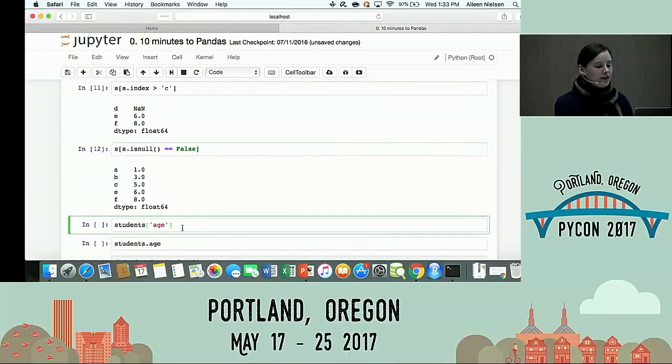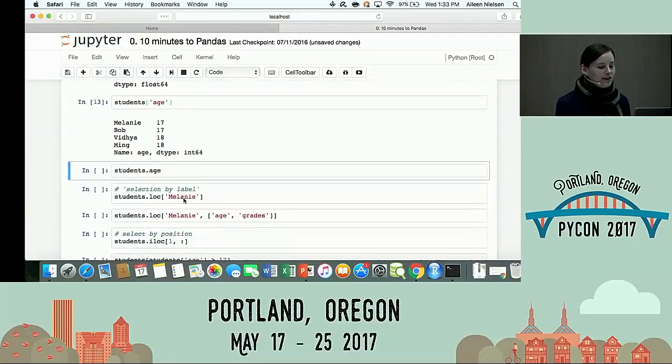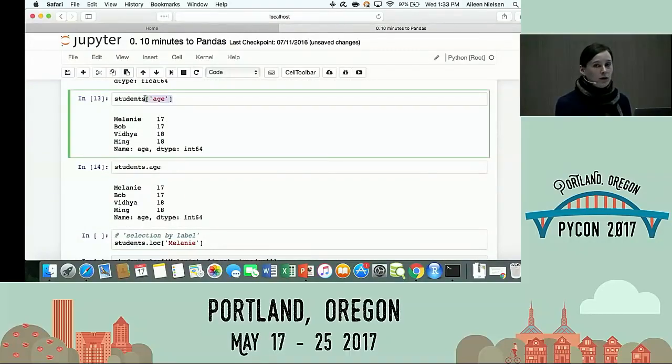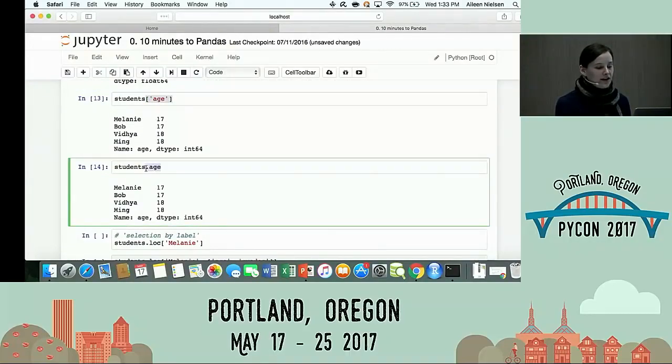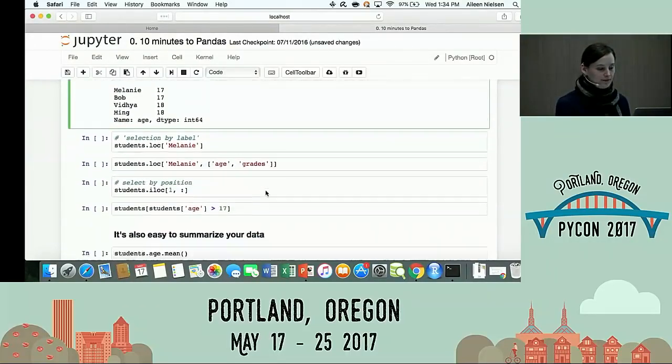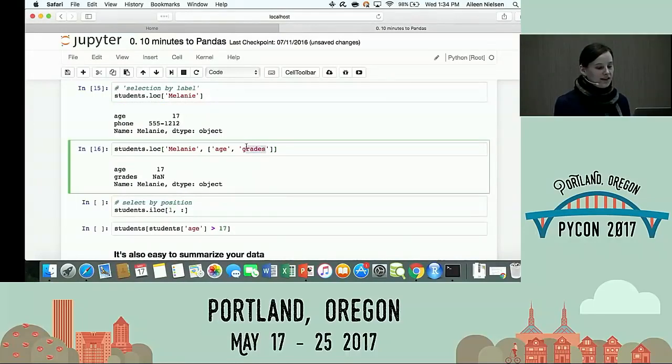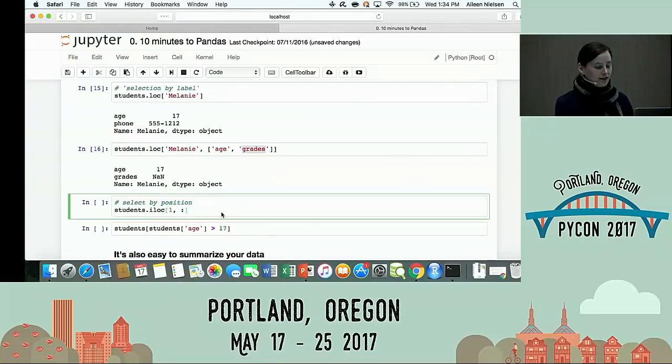What if I only want to look at one column? That's also very easy to do. And there are many ways to look at it, right? So I can either quote it in brackets or I can just access it like an attribute. Can also locate things by label. And what you'll notice here is even if I put in column names that don't exist yet, it will play nice with it. So Pandas is just very forgiving. Good to know, meant to be encouraging for those of you who haven't used it before.